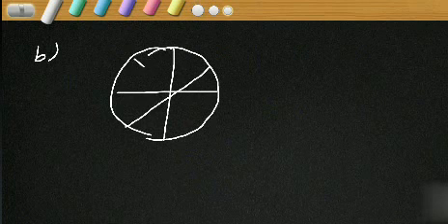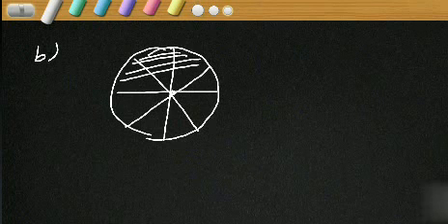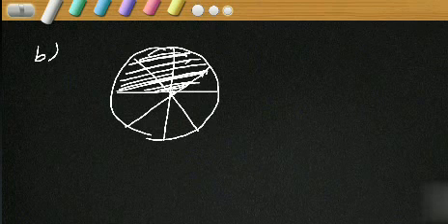So we have drawn one circle here, and now we are going to divide this circle into 8 equal parts, and please shade only 3 parts from this. Please shade neatly. Can you say the fraction corresponding to this shaded portion? Out of 8, 3 are shaded, means 3 by 8, isn't it?